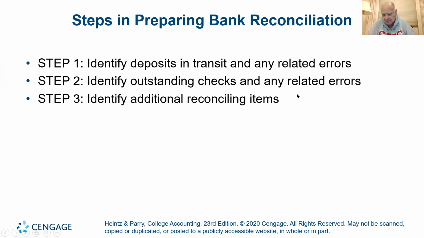And when they say related errors, don't worry about bank errors. Your test is not going to have anything to do with bank errors. I think there's a problem in the book where it does, and believe me, the bank doesn't make too many errors. Anytime I've had a problem with the bank, I always come in second. I never beat the bank out of anything. So these are going to be our errors. We transpose the number, and then we look for the other reconciling items.